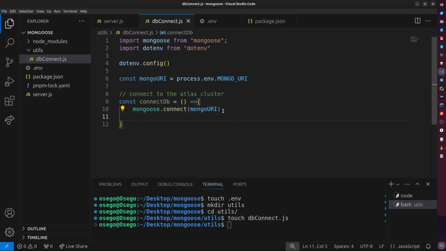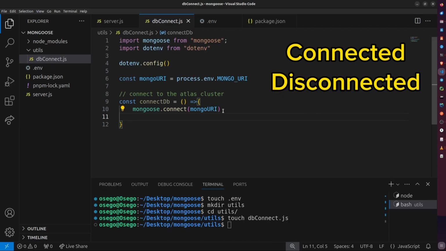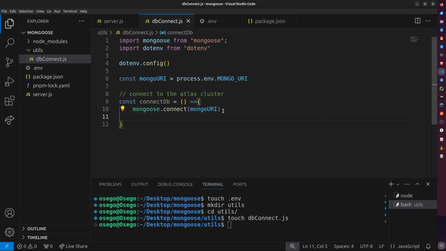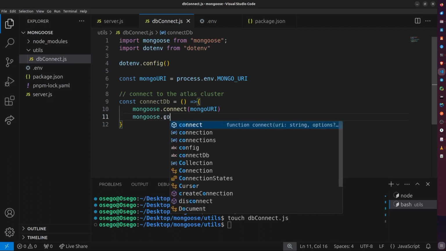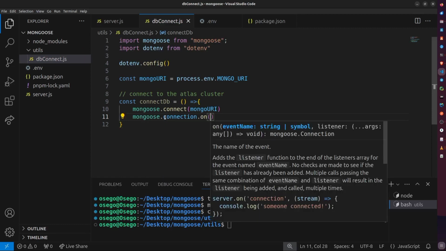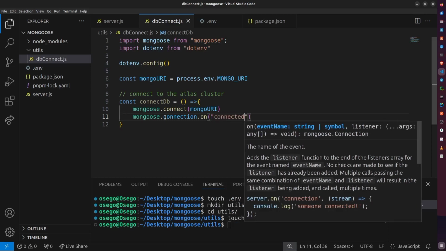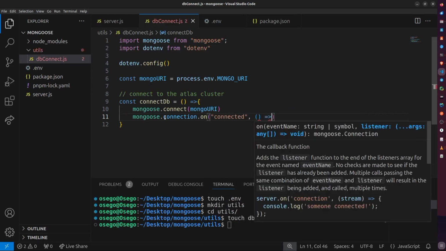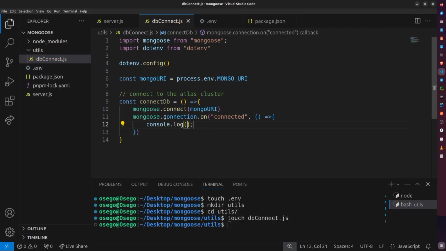After which we want to also include some mongoose connection hooks that will be able to tell us when we are connected, disconnected, or there's an error connecting to the database. So how do we do that? We have three hooks actually. We have on connected, on disconnected, and on error. So let's have all of them here so that we can gracefully handle our connection to the cluster instance. So mongoose.connection.on, and the first one is connected, which accepts a callback function that allows us to log some message. Let's say